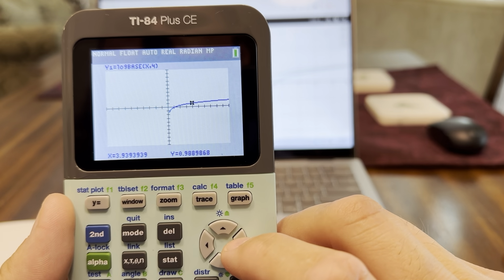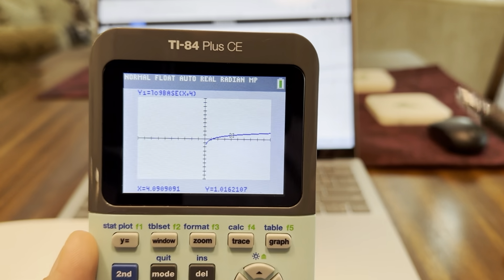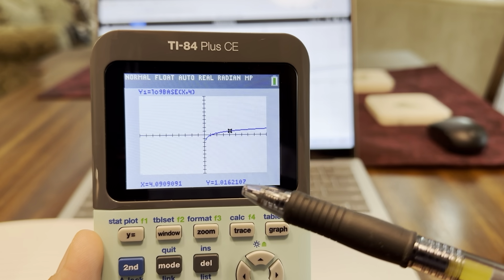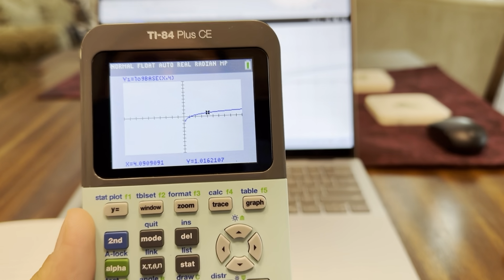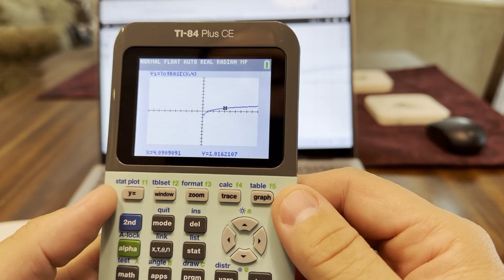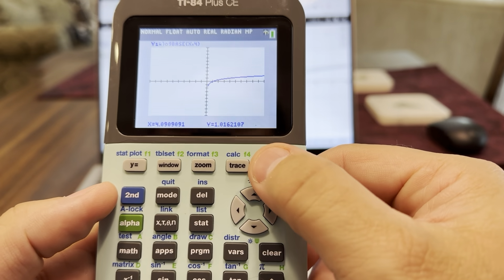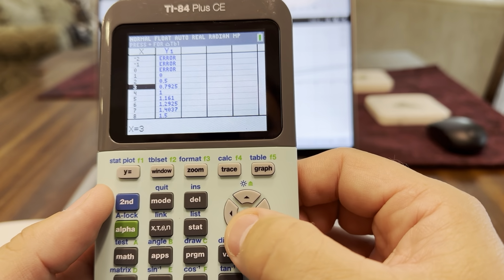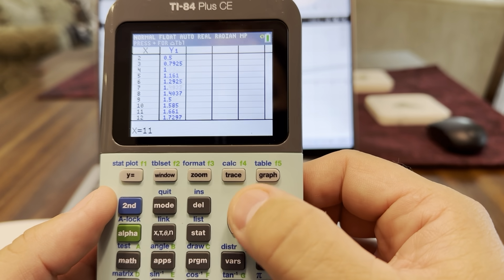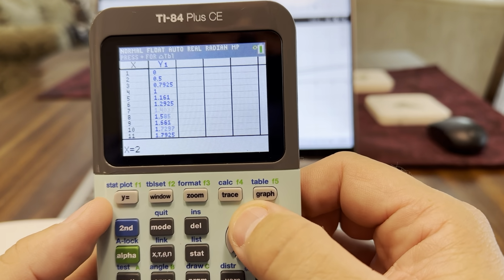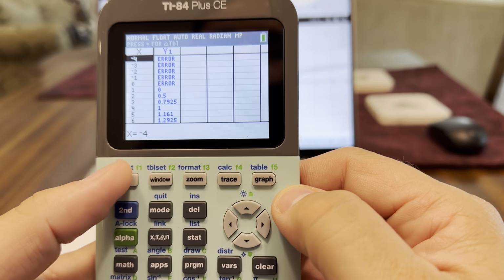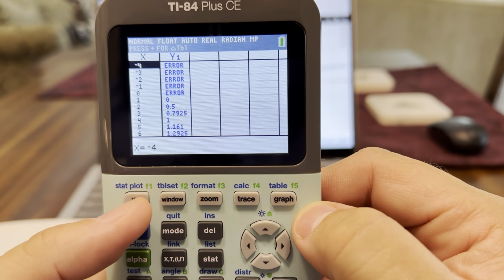And it's approximate, but you can also see when X is at 4, Y is at 1, which lines up with everything. So that is a real easy way to get back to it. You hit second table to come up with all these values without having to manually do it over and over. And then again, to get back to where you enter in the function,